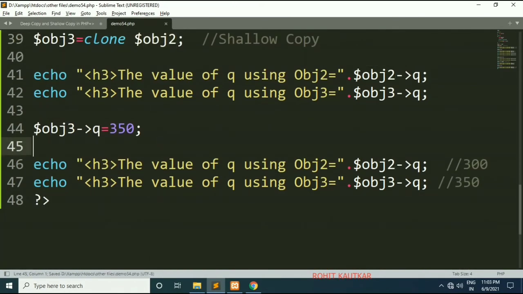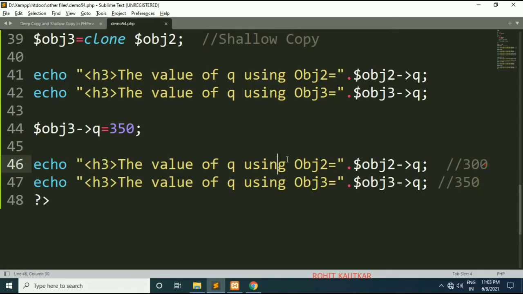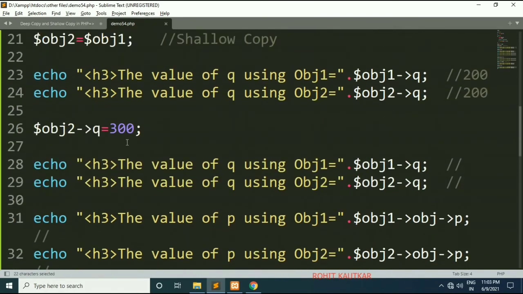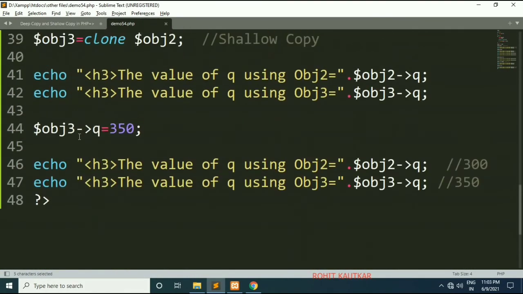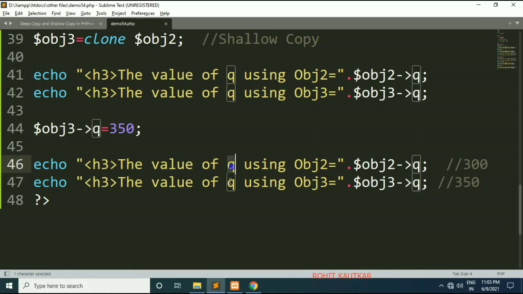Now I will save this, and if we refresh, you can see object 2 is giving 300, the old value, but object 3 is giving 350, because obj2 and obj3 have their own separate q property, q member variable. So modifying a member variable through one object will not affect the other object.